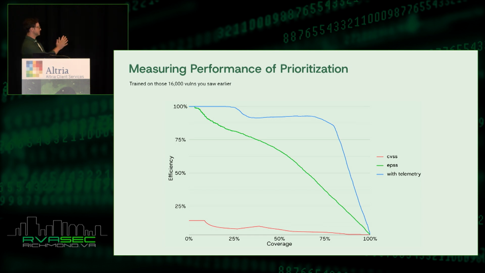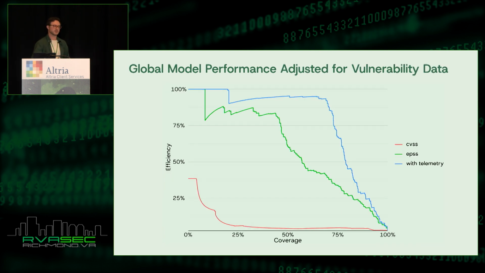So this is the theoretical enterprise where you have one of every vulnerability. This is what the precision recall, or efficiency and coverage curve, looks like for CVSS, for EPSS, and for a model that's aware of exploitation. And this is what that same model looks like for an enterprise with 10 million vulnerabilities. It performs a lot more realistically, and the terrain looks a lot different when you actually get to looking at